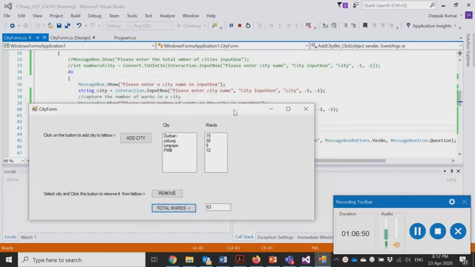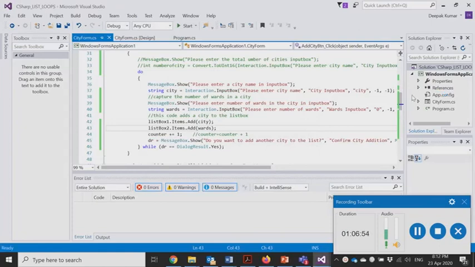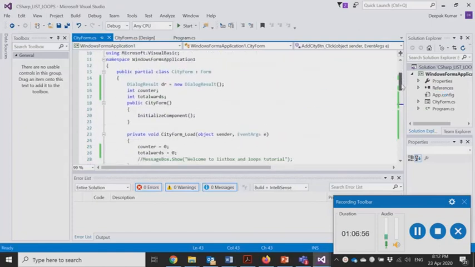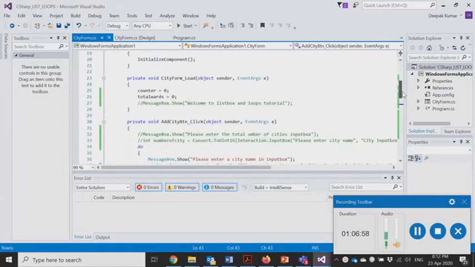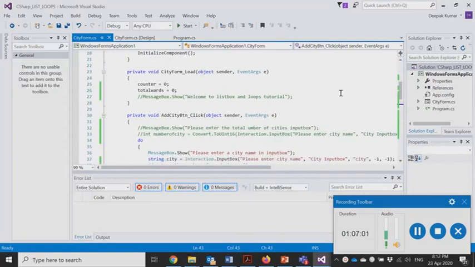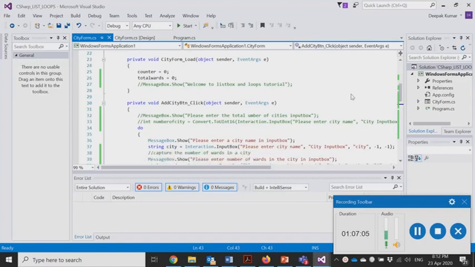So what we have learned, we have learned certain concepts. First, we have come across how to differentiate between a system generated event procedure, like this, which is normally used to initialize variables, compared to a user defined event procedure, like clicking on a button, which executes certain codes.